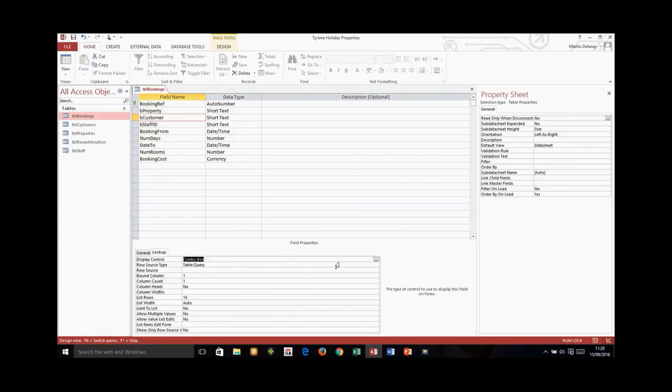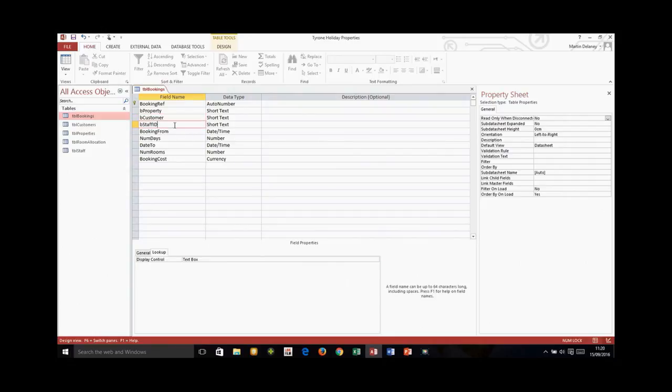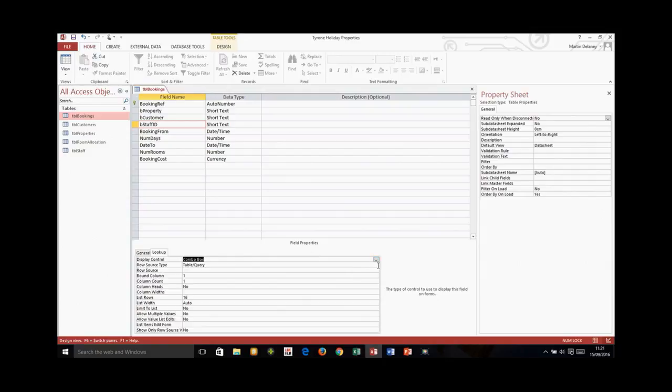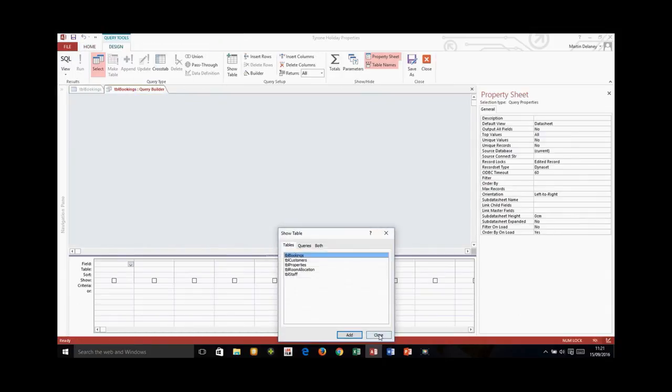So combo box, you want to have a value list, or not a value list, a field list, and the row source again is to do with customers. And if you go to the last one, then it is combo box, table query, and the row source is